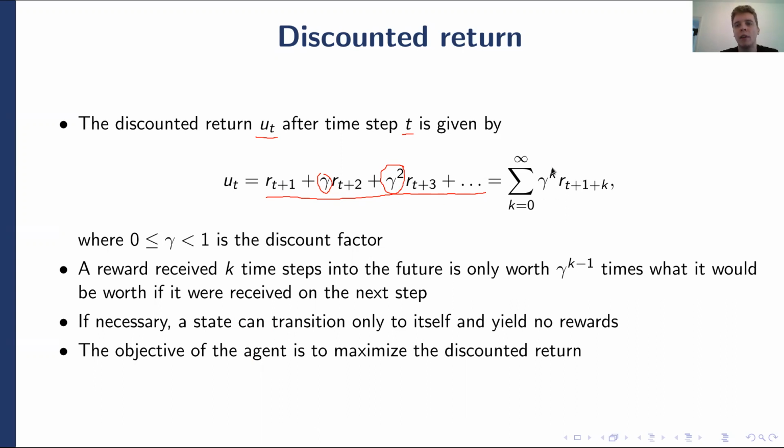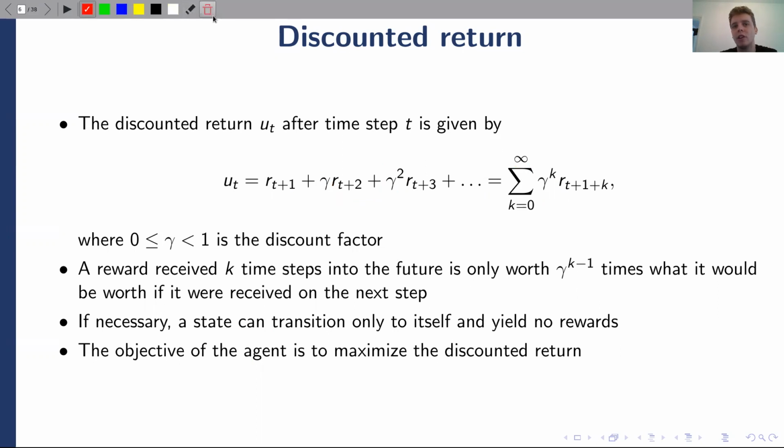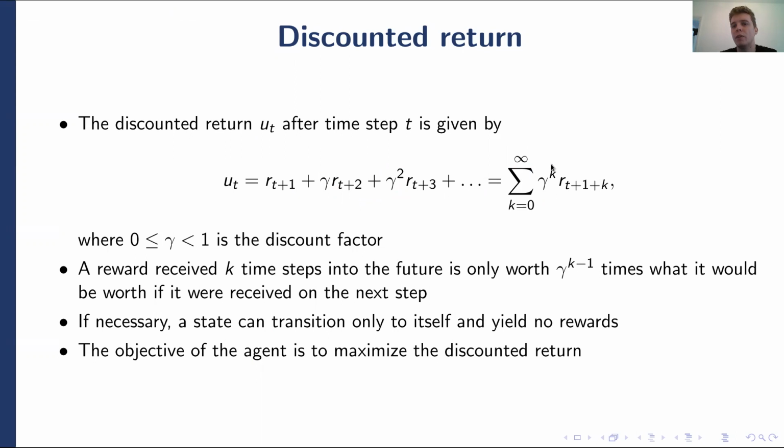So why am I not just summing? Why don't I just define the return as the sum of rewards until the end of time? Well, the problem is that because I want to sum the rewards until the end of time, I have to guarantee that this sum converges. So in order for this sum to converge, one very simple trick is to multiply each of the terms in the sum by a constant taken to the power of how many time steps after time step t I'm looking at.